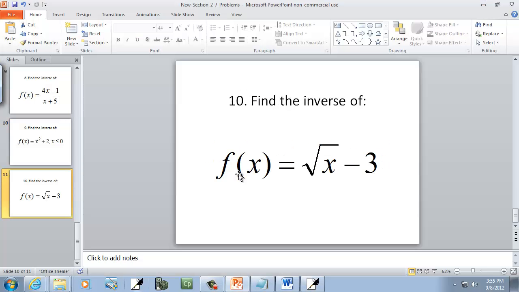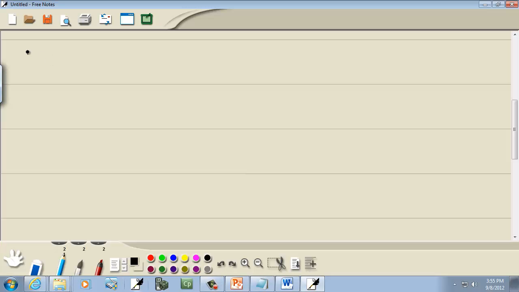Let's look at our last problem. We got f of x is equal to,